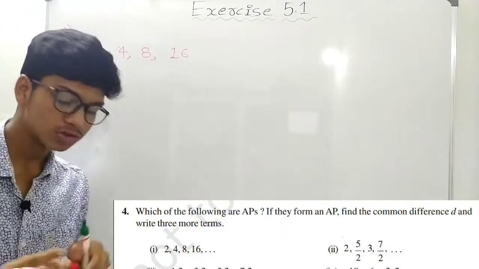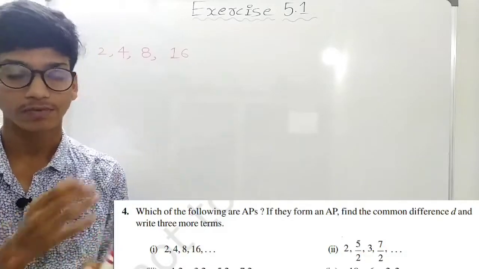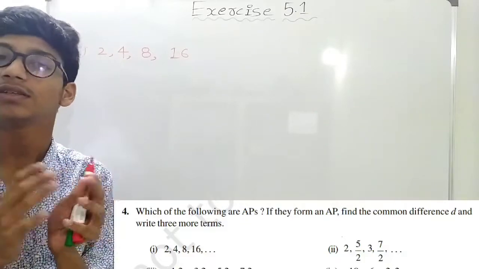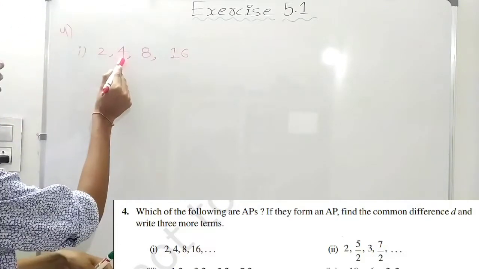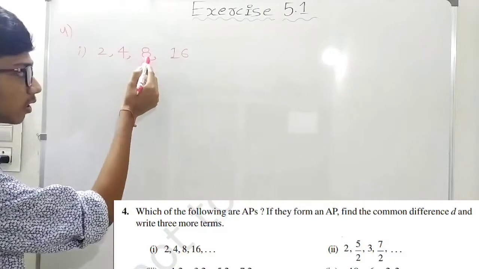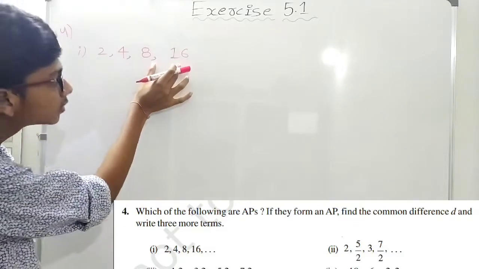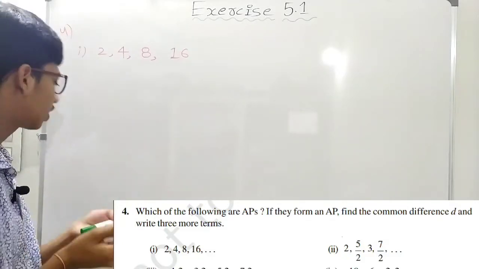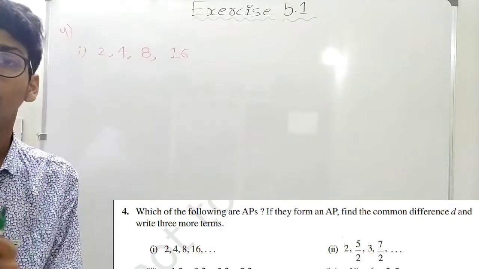So actually, what is an arithmetic progression? If the series is an arithmetic progression, the difference between a successive term and the preceding term should be constant. That is, in this series the successive term is 4 and the preceding term is 2; then the successive number is 8 and the preceding number is 4; and the successive number is 16 and the preceding number is 8. We can also say that the difference between two consecutive numbers should be a constant or fixed value.